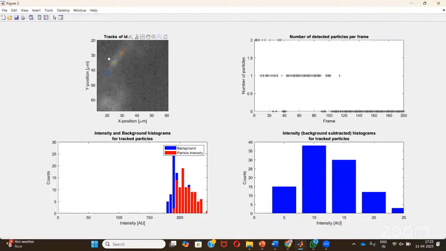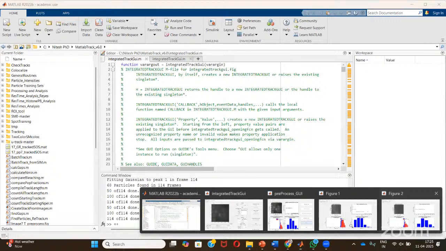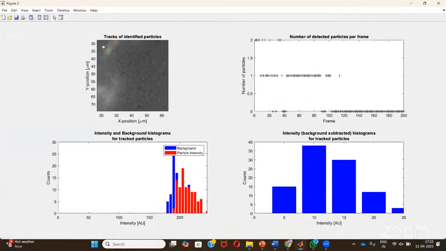Can you see these tracks? So basically, the software connects these frames using a nearest neighbor algorithm. It connects the same individual molecule at different frames to form a trajectory. So our end product is these trajectories, and from there we can conclude for how long a molecule is staying at a particular location. Okay, so this is how we track our single molecules using the single molecule imaging platform.